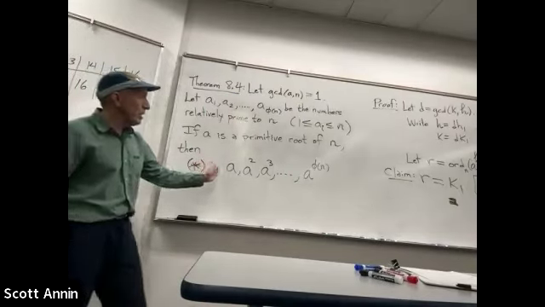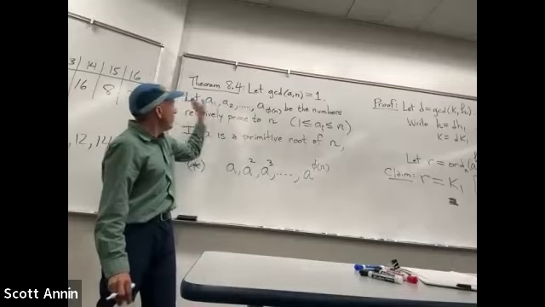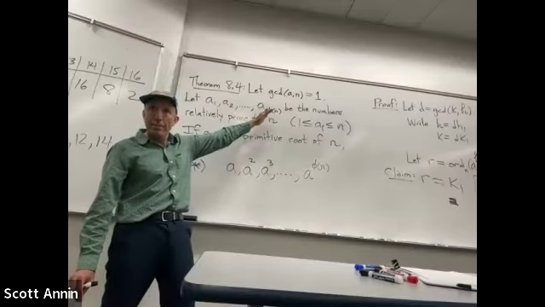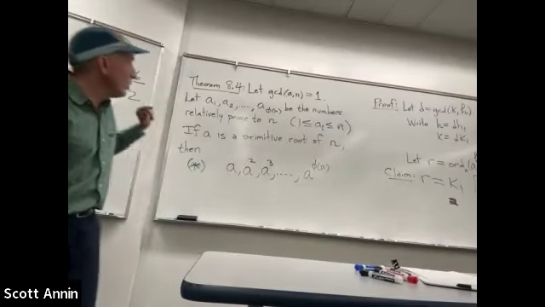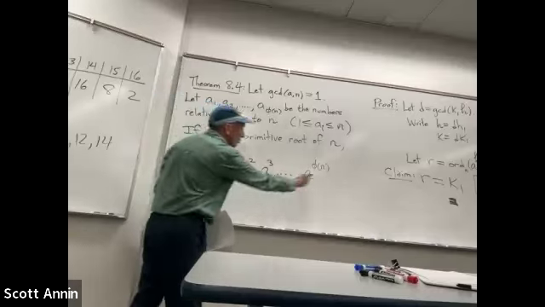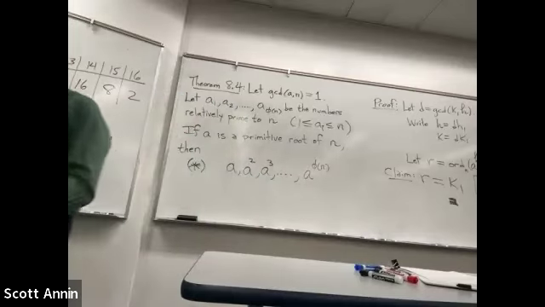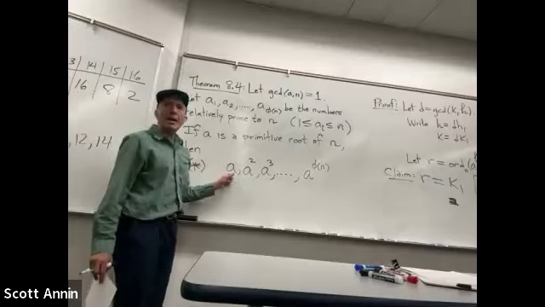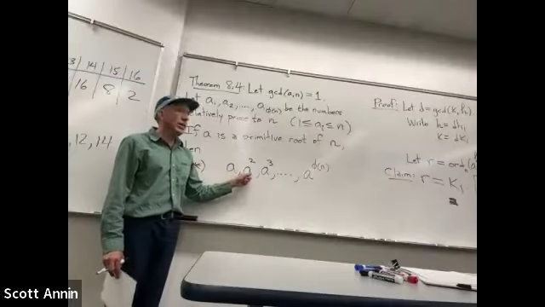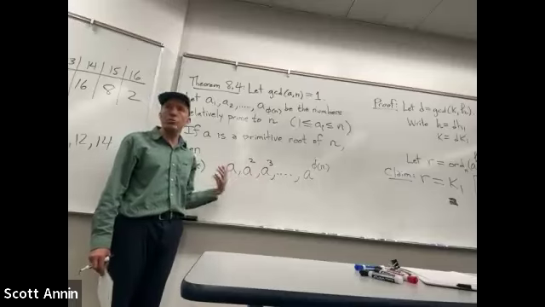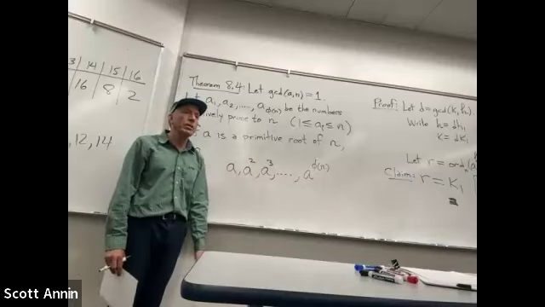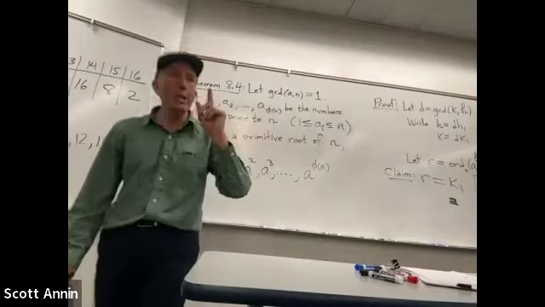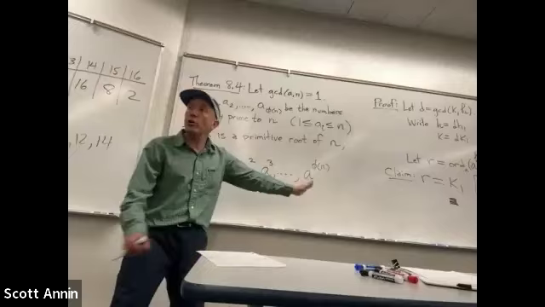Notice I have just as many numbers here as I have listed up here, right? And also, these are all going to be relatively prime to n as well. If A has no common factors with n, then neither does A squared or A cubed or A to the 4. You're just repeating the same factors, right? So these are all relatively prime to n, and even more than that, no two of these are congruent to